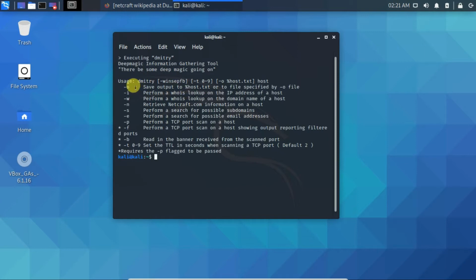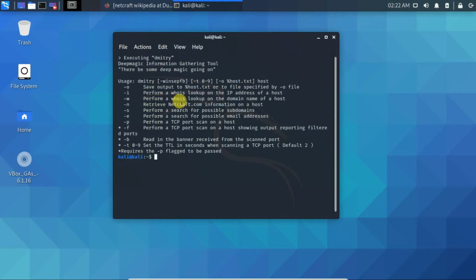As you can see, -o is going to save the output, and -i is going to look up information about IP addresses in whois, and -w is going to look up the same information but using the domain name of a host.